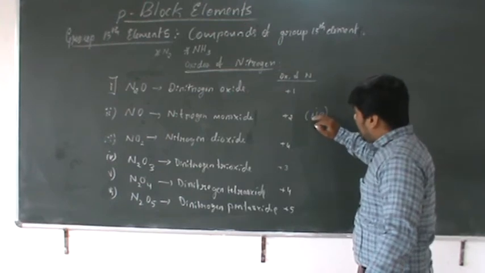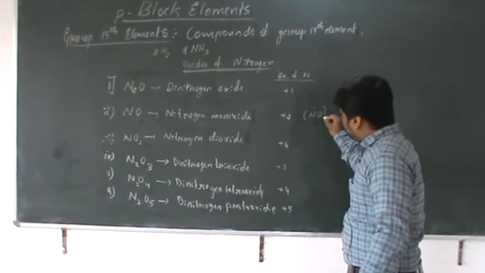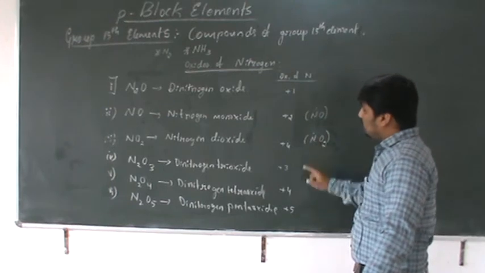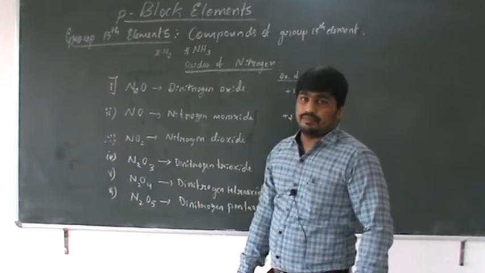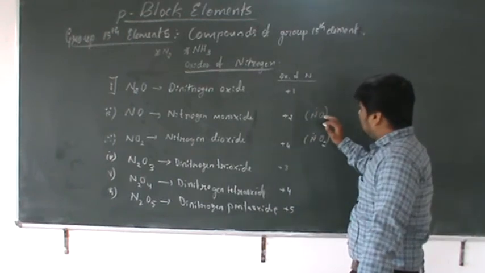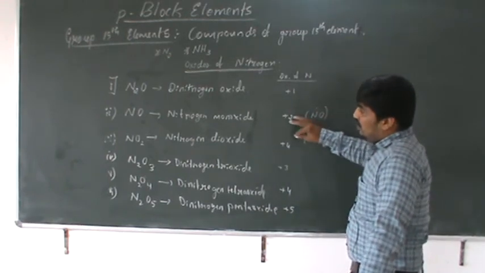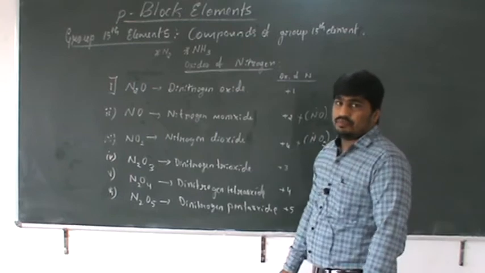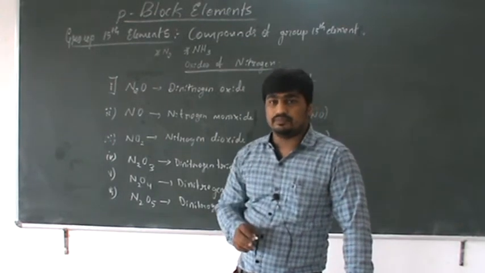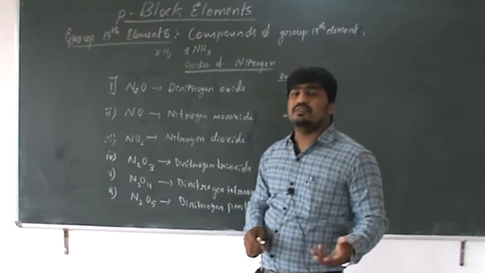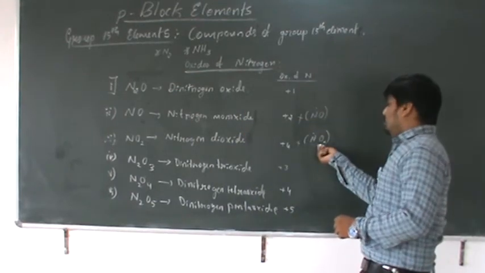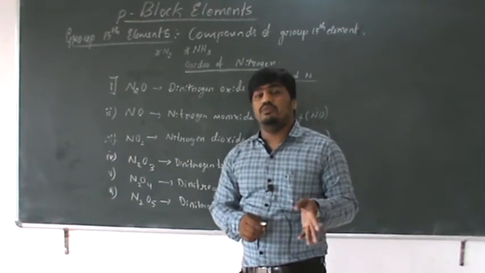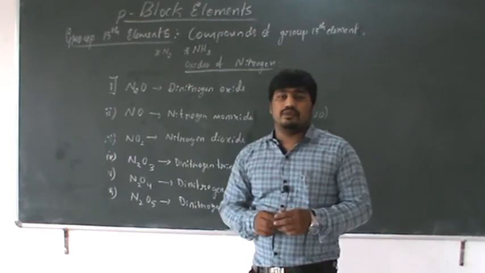Because of this, in the case of nitrogen monoxide as well as nitrogen dioxide, it contains an odd number of electrons. Because of these things in the oxides of nitrogen, these two compounds are unstable, better to call less stable. To get stability, nitrogen dioxide has a possibility to undergo conversion. What type of conversion do you observe?